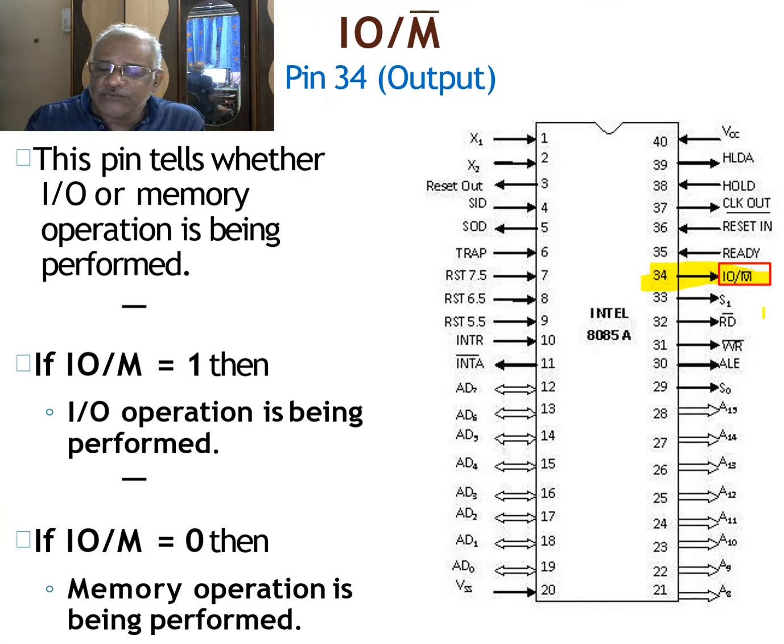Here IO stands for input output. Microprocessor is connected with a number of input devices, and it is also connected with a number of output devices. These input devices can communicate data through SID. The output devices will receive the data or the result from the microprocessor through SOD, pin number 4 and pin number 5. Remember,